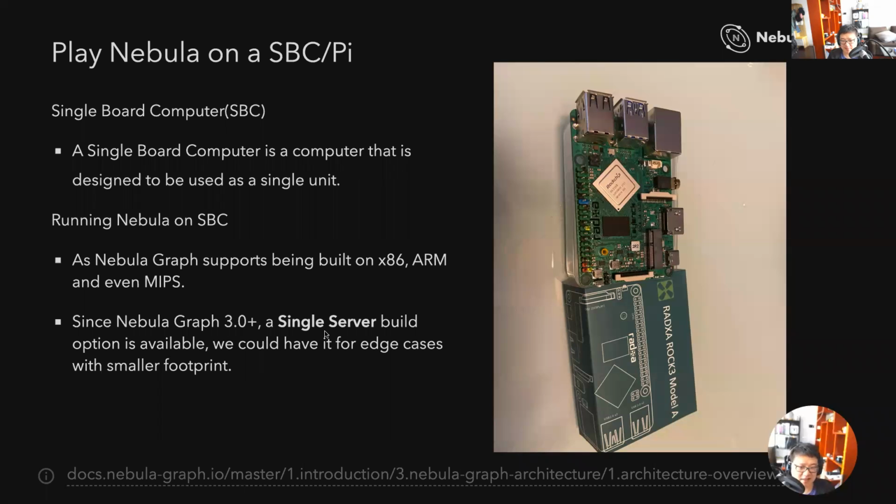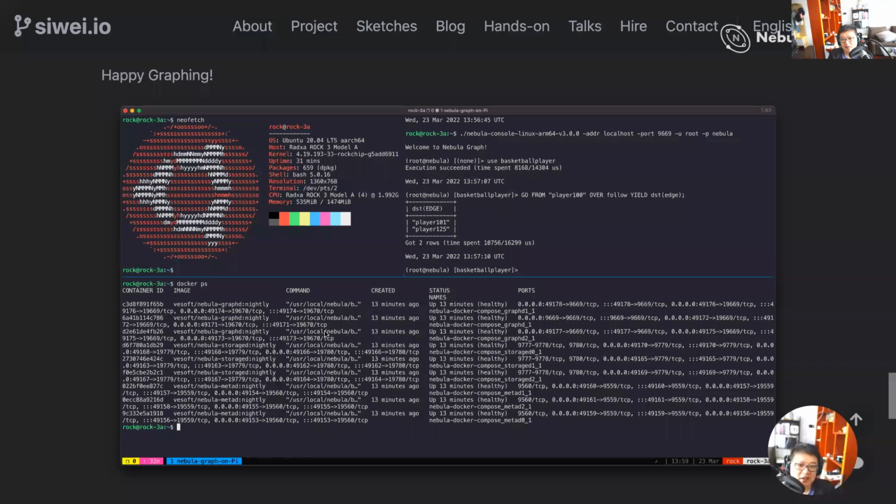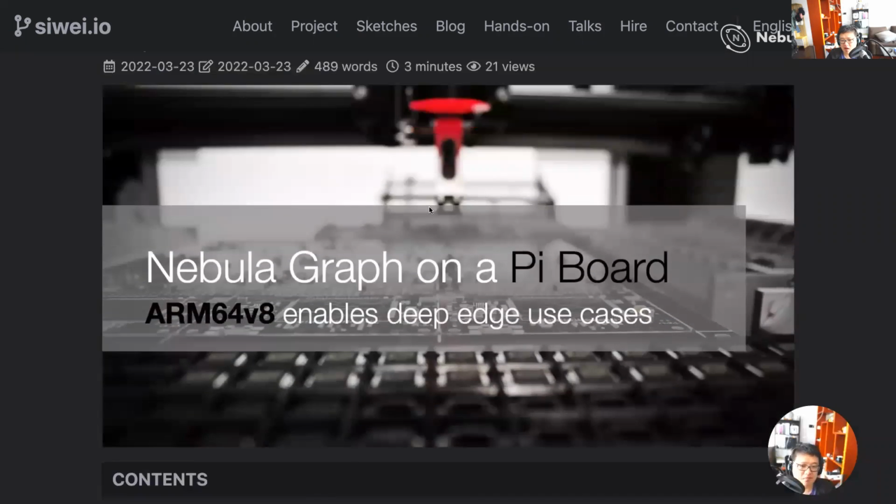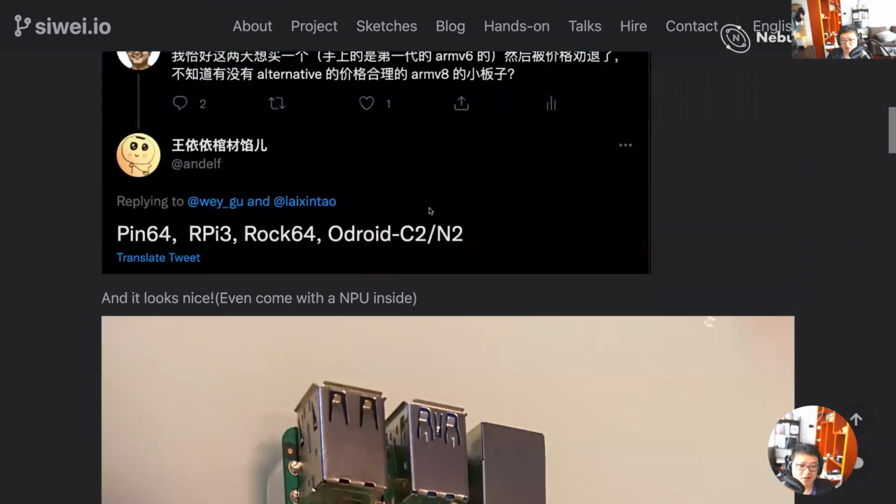on a small SBC. But in this sharing, I'm just proving it's a POC that is working. So I'm using an easier way, but it's not the best way. I'm using the NebulaGraph Docker Compose. So underneath it's still many more processes. It's still a cluster, but you don't need a cluster on the Pi, right? But we can. And in this article on my blog, I'm leveraging Docker Compose, and this is the